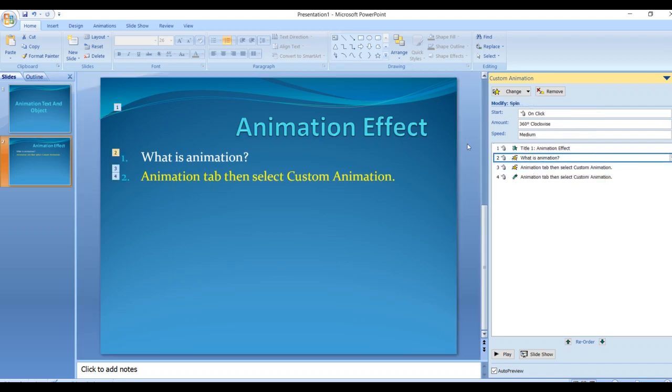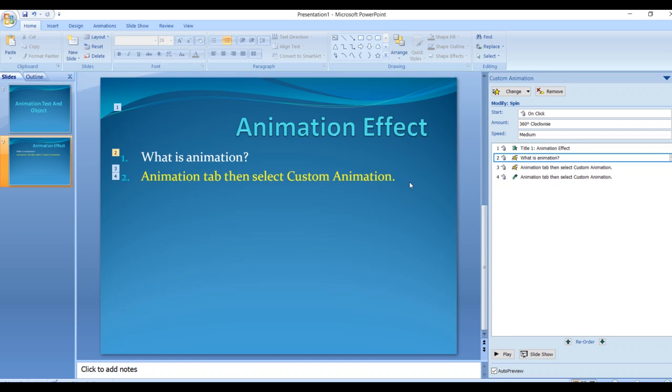Whatever effects you have given to any of your slides can be changed by selecting that particular text in the custom animation task pane and just clicking on change. This is the method to add the effects, and you can change it and even remove it. Understood how to do it?